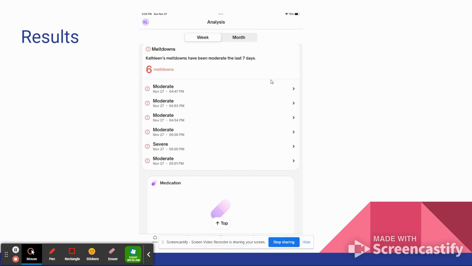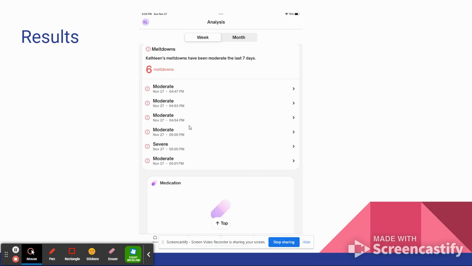Here's just another example of, I would have the week, it tells all the meltdowns. As you can see, I haven't been tracking it for a week or longer than that, because I had an issue with the free trial, so I had to use somebody else's, and then I realized you don't have to pay for it. But anyways, you have your meltdowns here, and these are very close together, which wouldn't be realistic, but it shows you, in the last 7 days, how many meltdowns. It gives you an analysis of whether most of them were moderate or severe, and then you can click on these things, which will take you to the tags and give you more information.